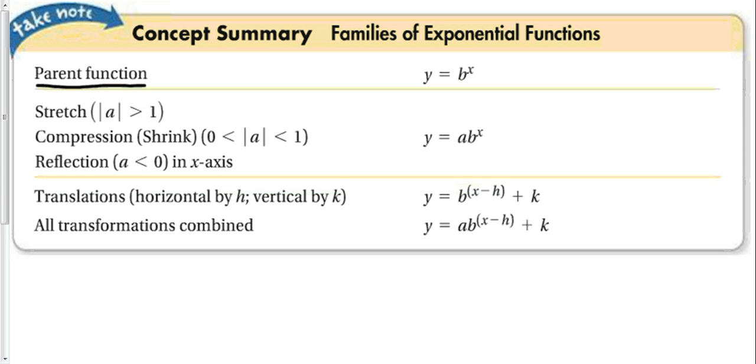So we start with the parent function. If the absolute value of a is bigger than 1, that stretches the function. If the absolute value of a is between 0 and 1, it compresses the function. And if a is less than 0, that means if there is a negative in the front, it is a reflection about the x-axis. There's one more kind of reflection, which is